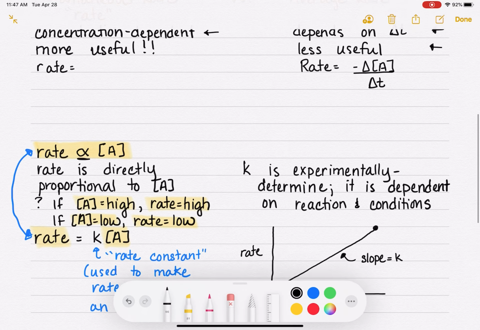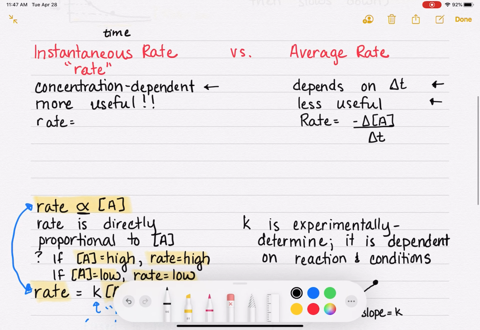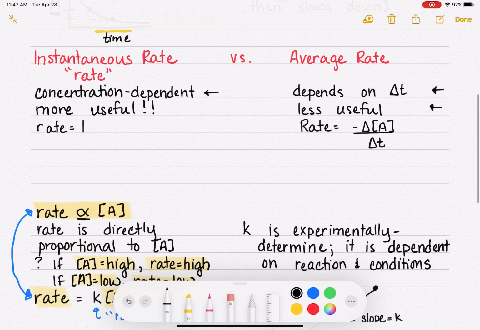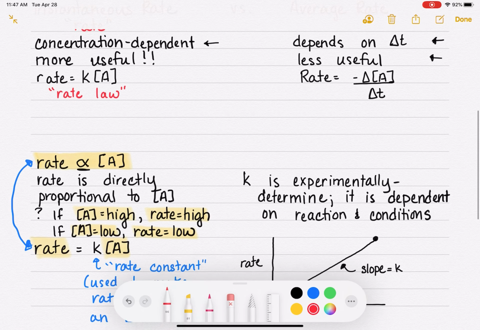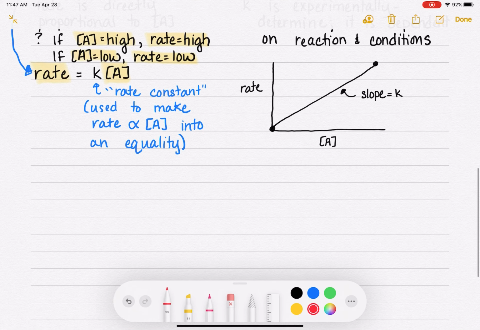And so what I did not do up here was write our equation for the instantaneous rate. The rate constant, little k, times the concentration of our reactant, A. And this term, rate equals k[A], we call the rate law. And so that's what I would like to talk about next. The rate law